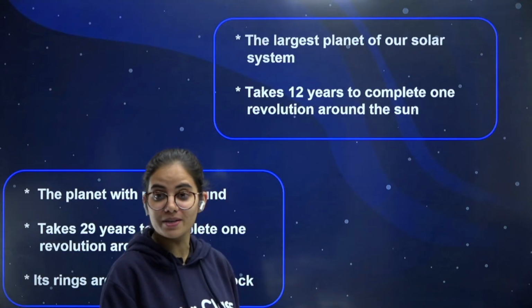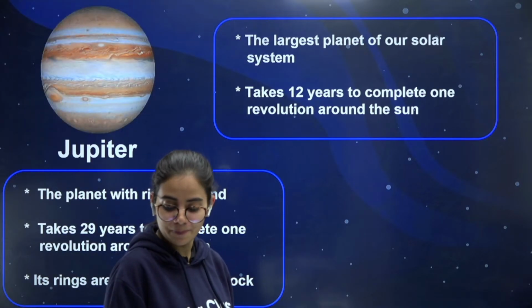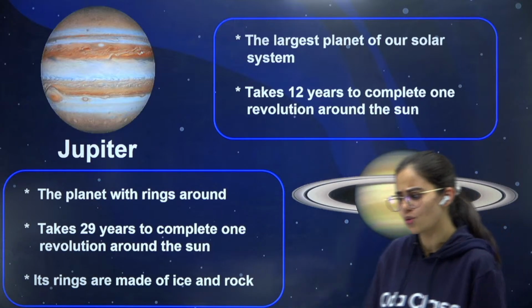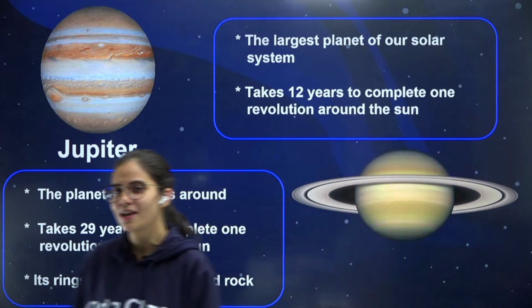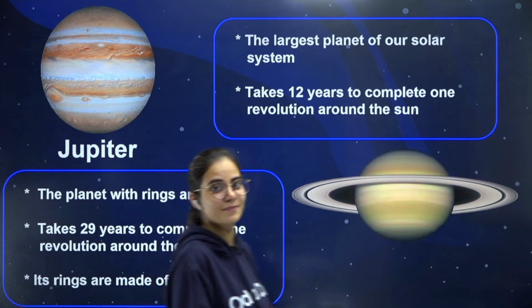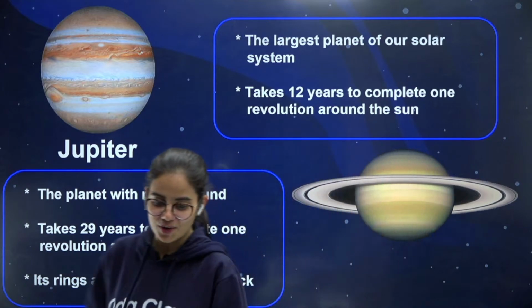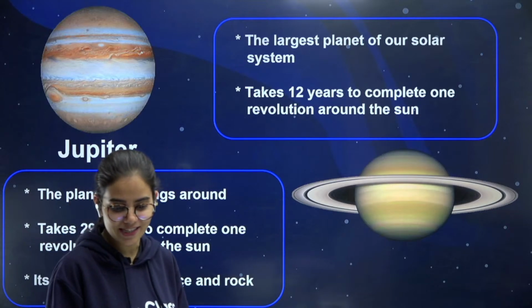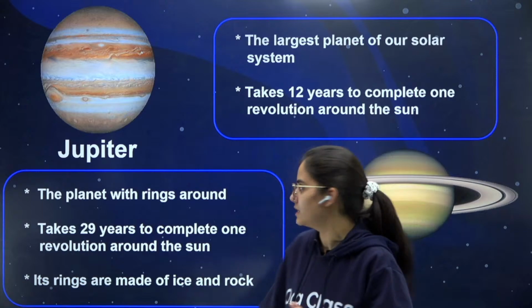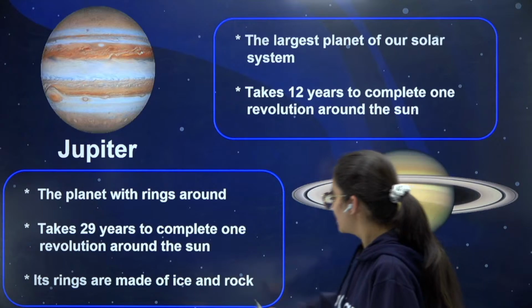Not only do we have Jupiter, but there is also the next one. Well, let me tell you, this next one has a ring around it. So I hope you can try and give it a guess, the name of this planet. You can also try the mnemonic or the trick which we learned some time ago. So you can give me the name of this planet. Okay, so yes, of course, the planet with the ring, that's Saturn. And you can see the contrast. It takes around 29 years to complete that one revolution around the sun.